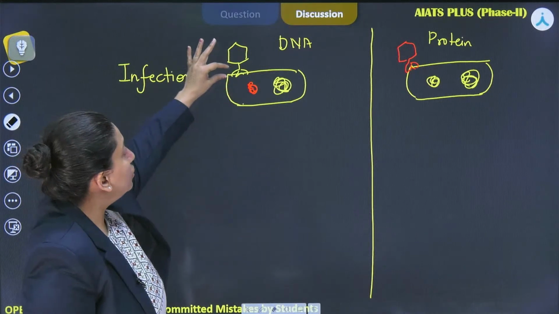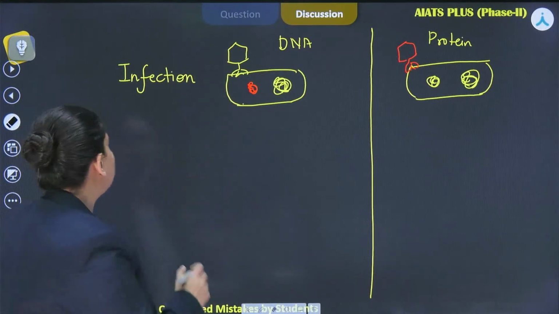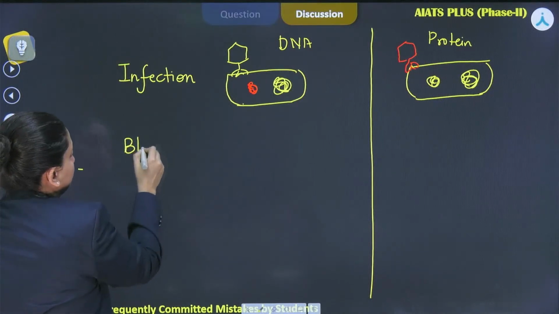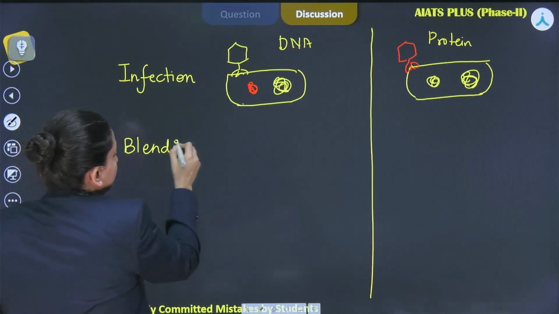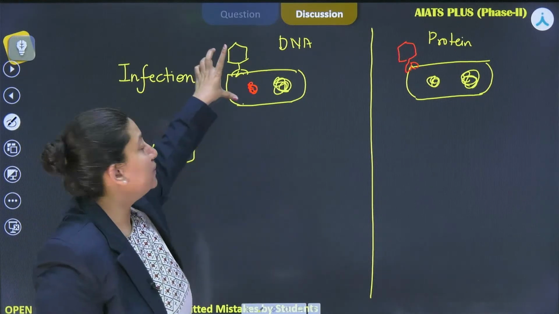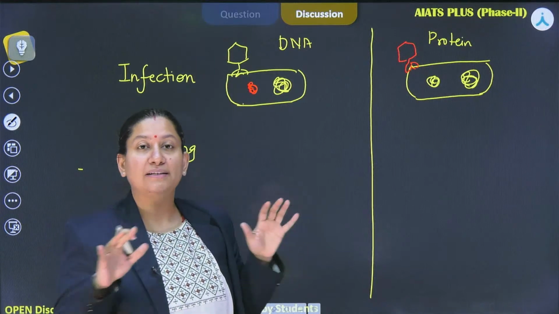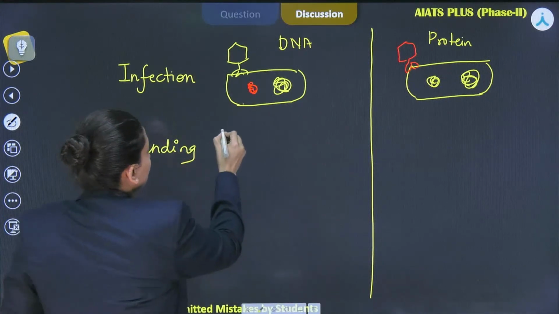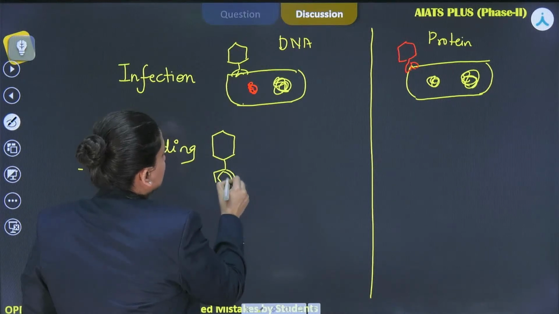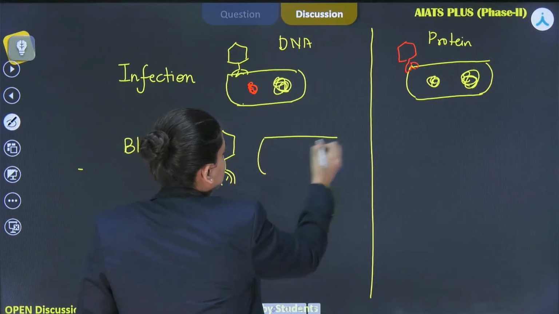Now, in order to separate them, they performed blending, right? A mechanical force, because of which these two entities could be separated from each other. So, as a product of this, they have found out this particular thing